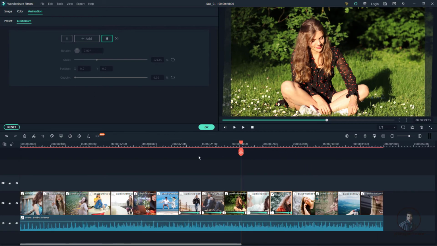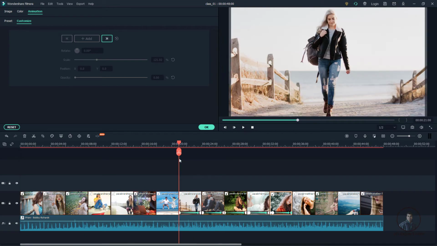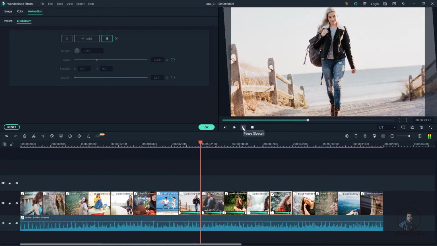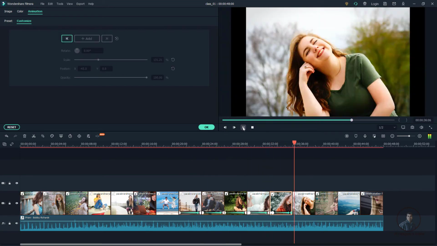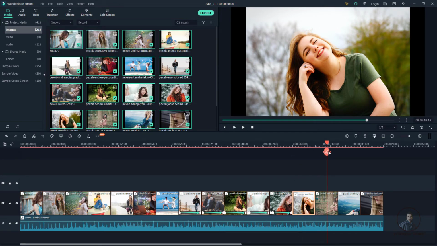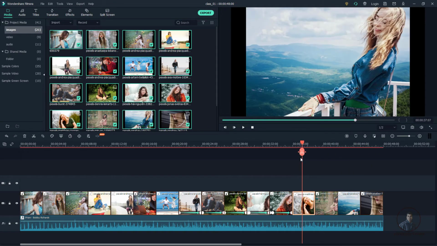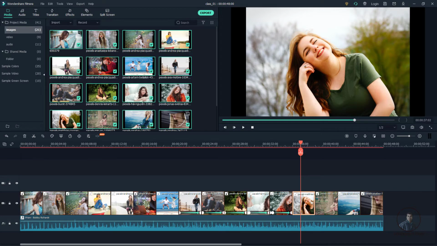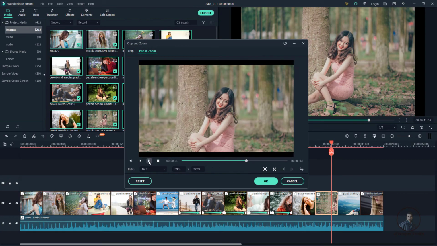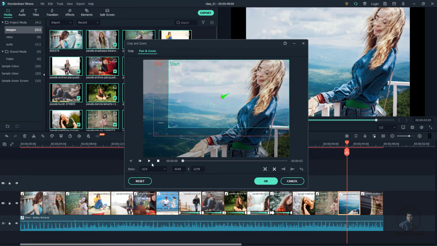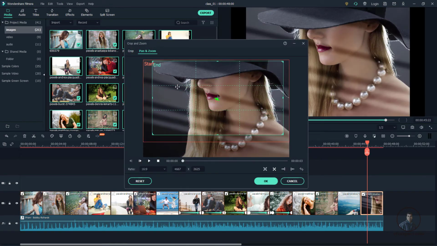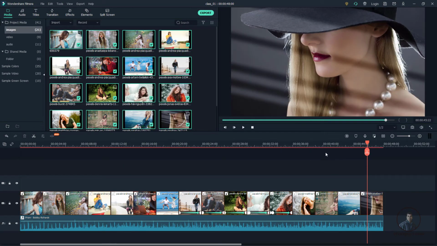So now here, I have created these animations with the help of our manual keyframe animation in Filmora. So you can see. If you have finished your animation, then simply press OK here. Now for these media, I am going to create a little bit with the help of the zoom and pan option. So till here I have animated all our media.